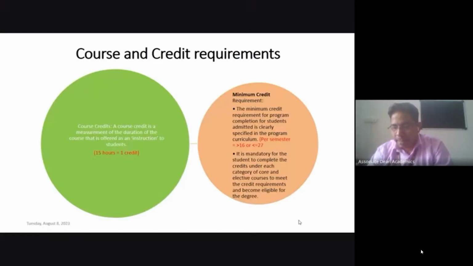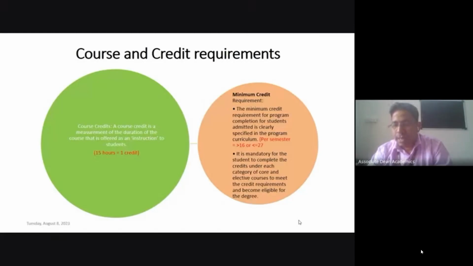So there are mainly two categories: core courses and elective courses. Under the core category we have two subcategories, program core and university core. Under the elective category also we have two subcategories, university elective and program elective.